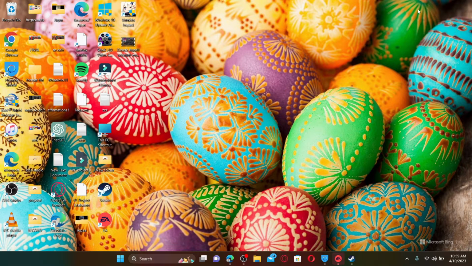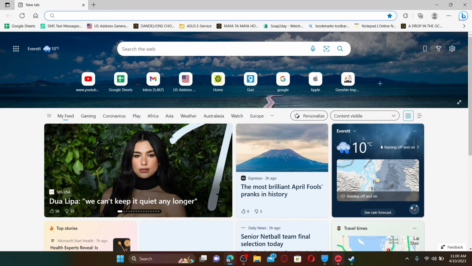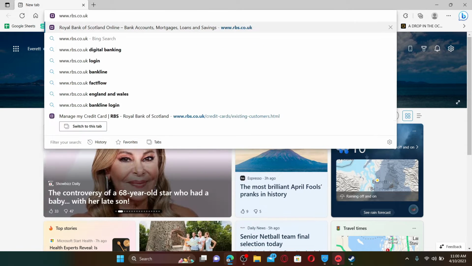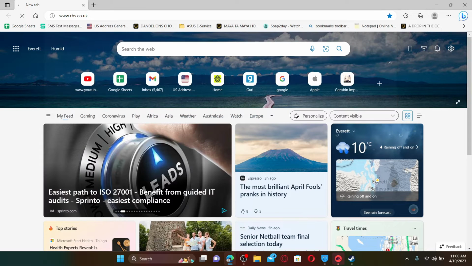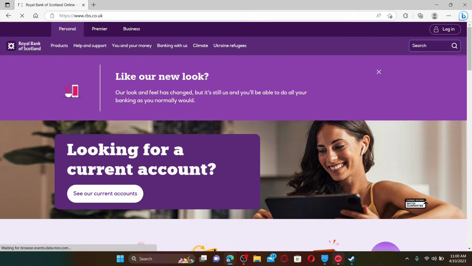To log into your Royal Bank of Scotland Mastercard account, open up a web browser of your choice. Go to the URL box at the top and type in www.rbs.co.uk and press enter on your keyboard. Doing so will take you to the official webpage of Royal Bank of Scotland. To log in and access your Mastercard account, you'll need to click on the login button at the top